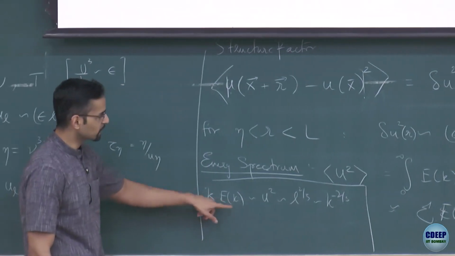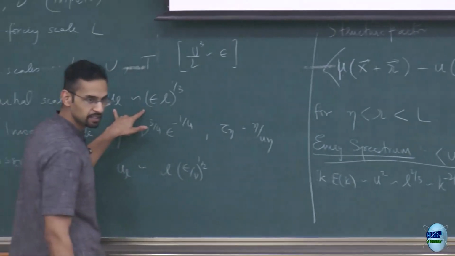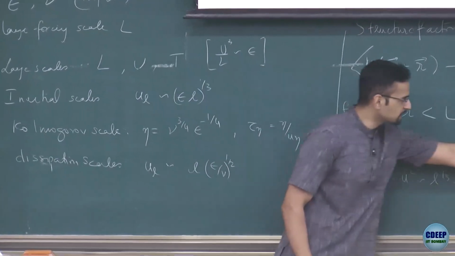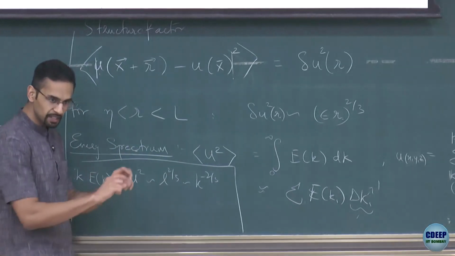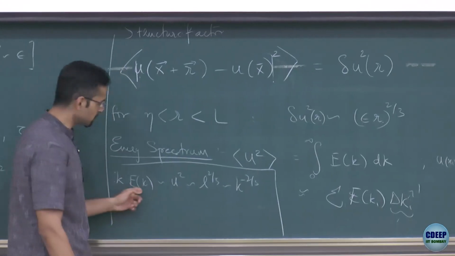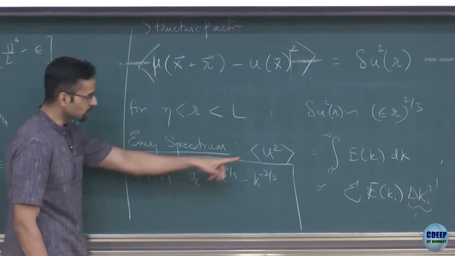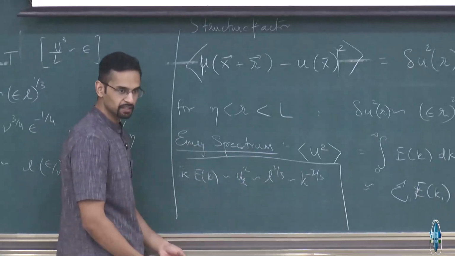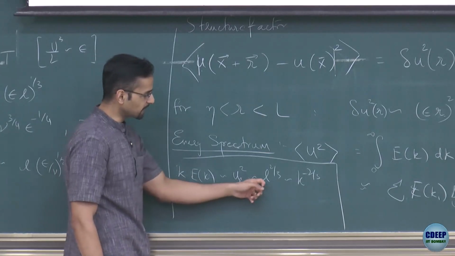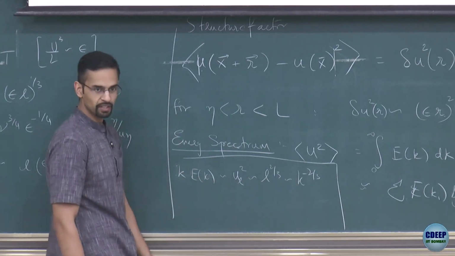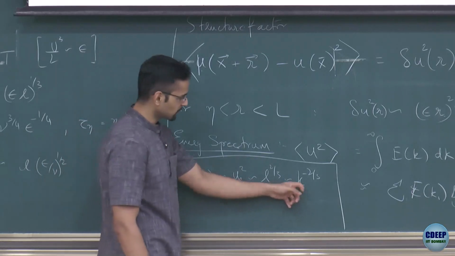I want to know how E of k should vary with k so that it's consistent with the inertial range scaling. So for that, I'm just saying dimensionally, this is E of k into a wave number, right? That should give me the energy in a particular shell. So k times E of k must behave like u_l square, right? Not the total u, the kinetic energy of that particular shell corresponding to the wave number. The relation between the length and k is, of course, l goes like 1 over k. The length scale is 1 over the wave number. So that's how I get this.